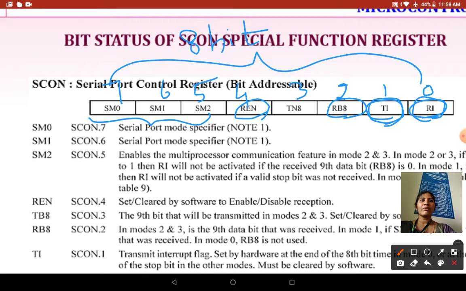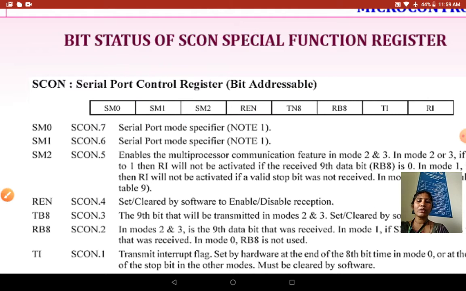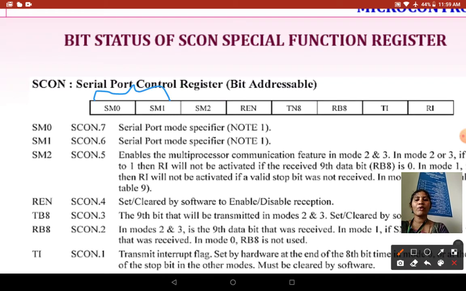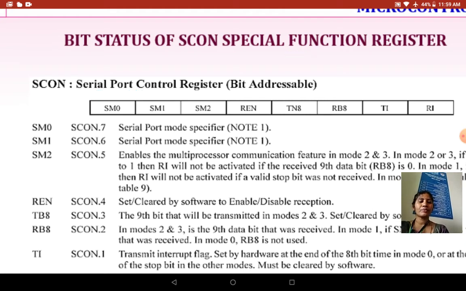So in this we have 4 modes of operation. We'll be seeing them one by one. These 3 bits represent the 4 modes of operation. SM0 and SM1, these 2 bits, will define the mode of operation.